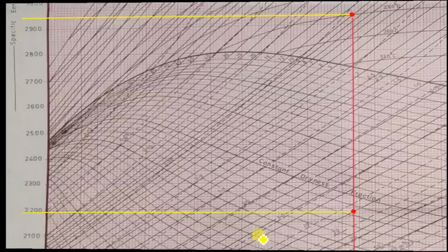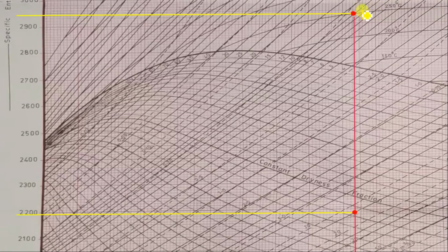So now we'll check the enthalpy and entropy. These are our state 1, these are our state 2. For state 1, you can see the enthalpy 2900. Each box carries 10, so 2910, 2920, 2930, 29 something 400 we can take kilojoule per kg. This is our H1. Similarly, here it is slightly below, 2195 kilojoule per kg. This is our H2. So H1 and H2 are over.